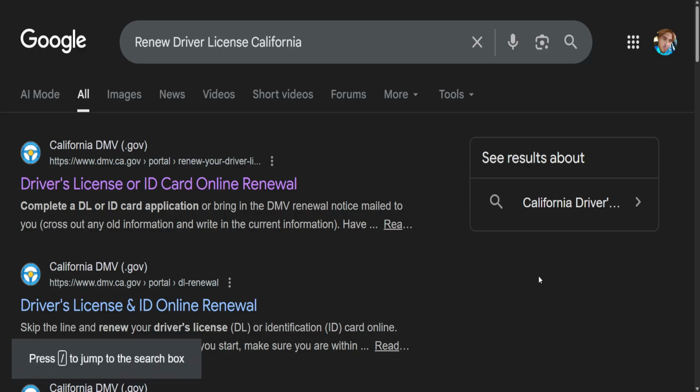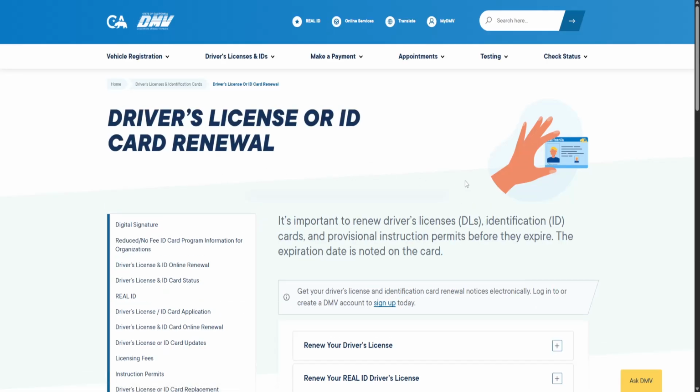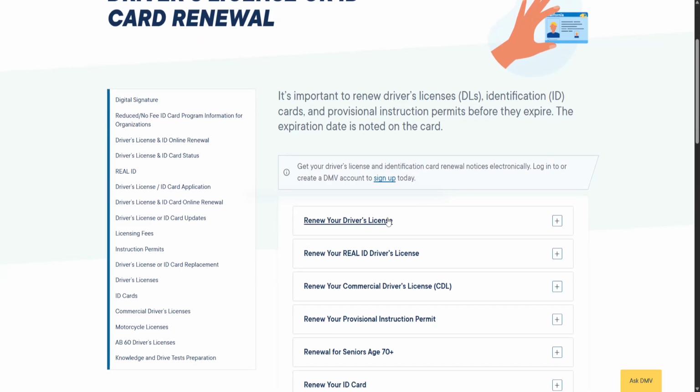How to renew your driver's license online in California. First, you want to Google search for Renew Driver License California and click on the first website that pops up right here, California DMV. Okay, so from this page you want to scroll down until you see Renew Your Driver's